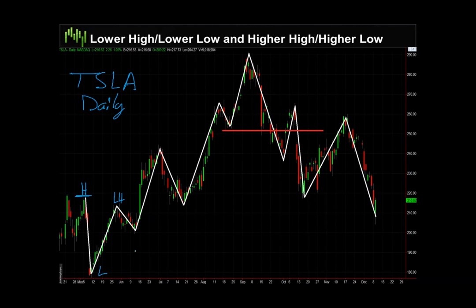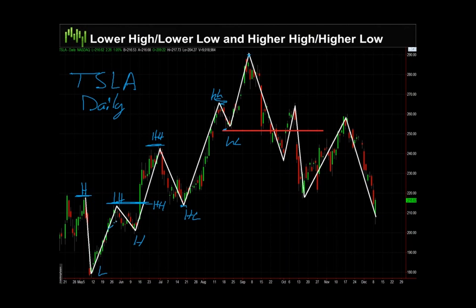Now, in order for it to be a downtrend, we have to have a lower low, right? So that means we're in consolidation. So what happens here? Well, we put in a higher low, and then as soon as we break that point right there, now we have a higher high, and now we're in an uptrend. So then we go pivot high, low, high, low, high. So this here, higher high, higher low, higher high, higher low, all the way up is an uptrend. Pretty simple, okay, pretty simple concept.